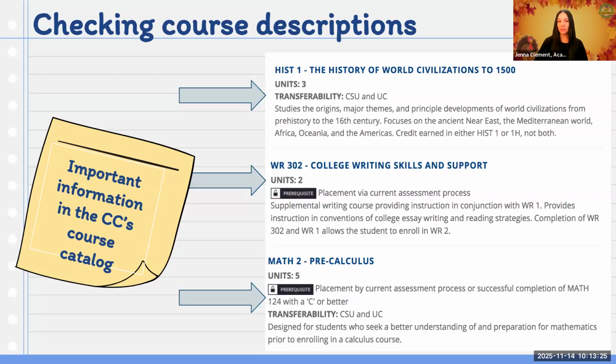Cal State or UC. Another thing is that if it is UC transferable, that means that iLEAD, we will give you weighted credit in your GPA, similar to an honors or an AP class. So it has to be UC transferable to get that weighted credit and get that little bit of a boost